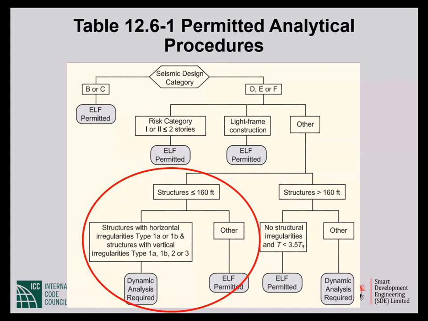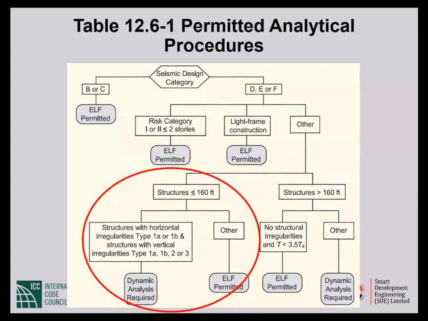So we are talking about a period threshold of 1.75 seconds or so. In BNBC, you will be allowed to use equivalent lateral force procedure if your period is less than 4 times the transition period T sub S, which is T sub C in BNBC, or 2 seconds, whichever is the smaller of the two. Okay? It doesn't mention structural